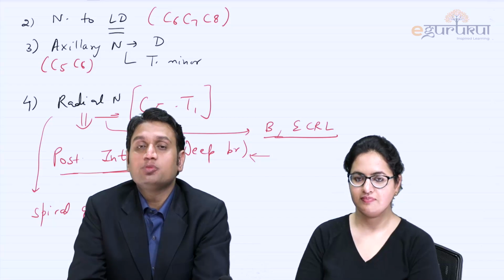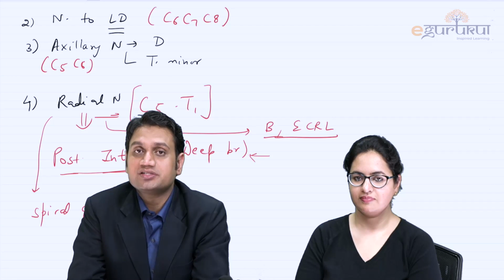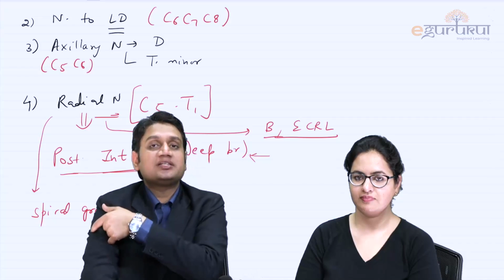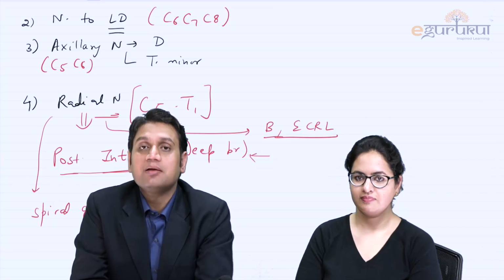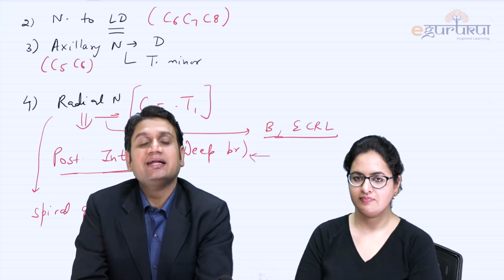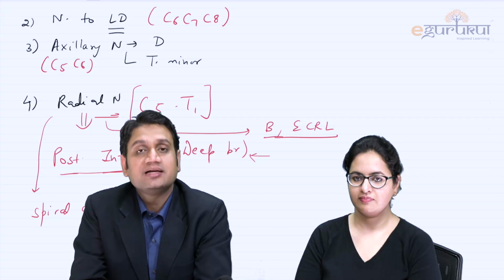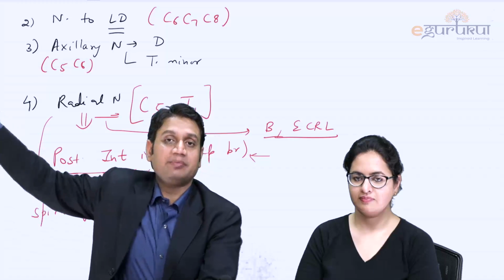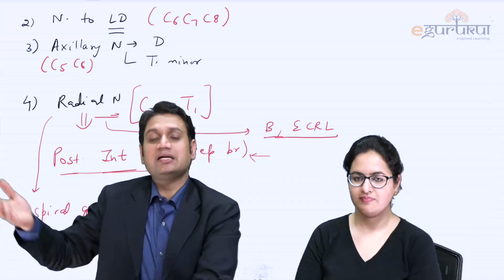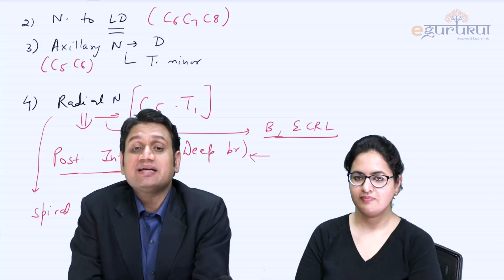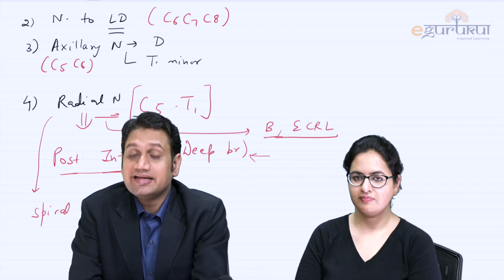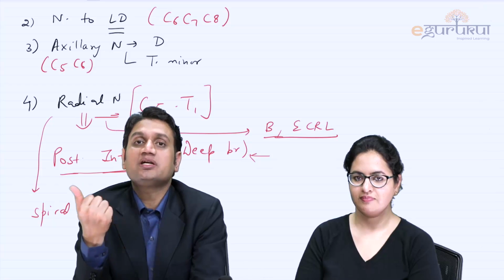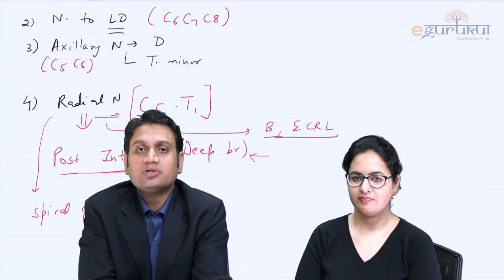Axillary nerve injury will lead to both motor and sensory manifestations. Sensory would be loss of sensation here in the deltoid region, which is called the regimental badge sign. In the motor, it affects two muscles, deltoid and teres minor. That means 15 to 90 degrees of abduction, deltoid function, and external rotation of the shoulder will be hampered if the axillary nerve is gone. Again I repeat, the axillary nerve will be injured in two conditions: proximal humeral fractures and shoulder dislocations.